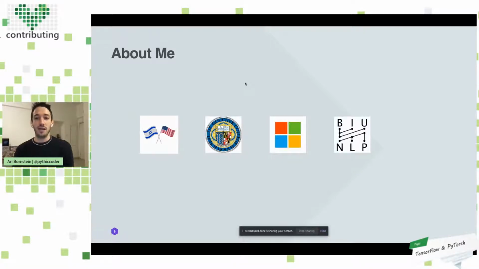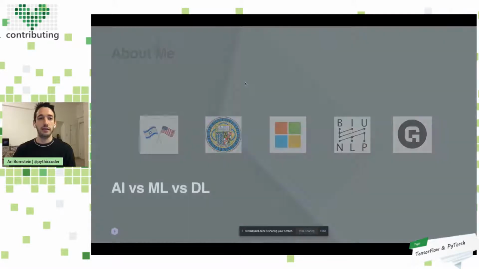In addition, over the past 2 years, I've been finishing up my master's in natural language processing at Bar-Ilan University as part of the BIU NLP lab, where I did a lot of research in the topic of multi-document representation, co-reference, and semantic embeddings. And recently, as Cassie mentioned, I joined Grid.ai to be the head of developer advocacy for both PyTorch Lightning and Grid.ai.